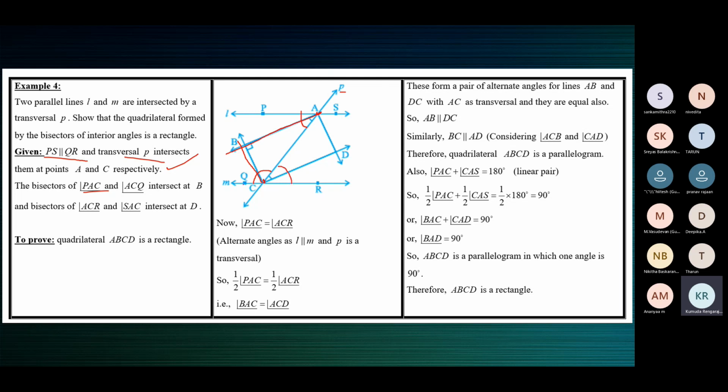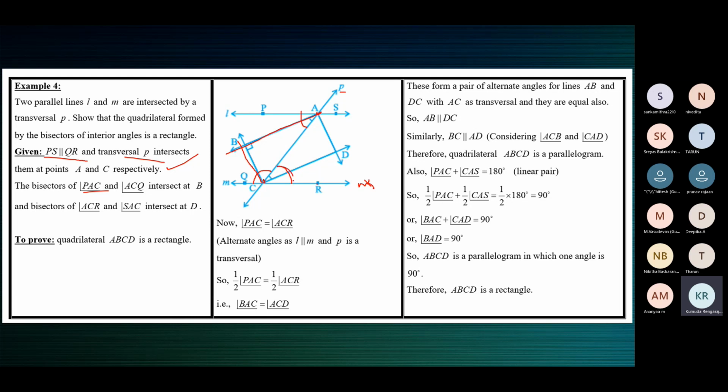ACR. So why have we marked Q and R? In order to name the angles. Why should you take PQRS on the lines? To name the angles here, ACR. I can say this only if I take this point R; I cannot write M here and say ACM. That's incorrect. So I need to take a point on the line. So we mark PQRS on the lines in order to help ourselves in naming the angles.